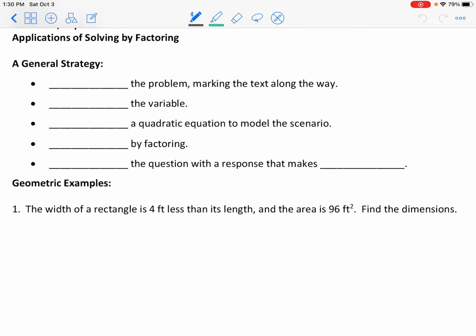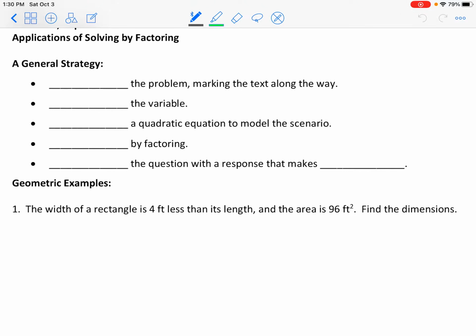Hello and welcome to our lesson on applications of solving by factoring. So what we're going to look at in this particular topic is word problems, solving word problems using the factoring process. We're calling these applications because it's going to give us a chance to apply our solving skills to